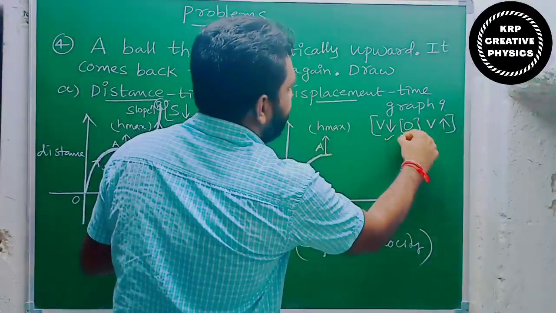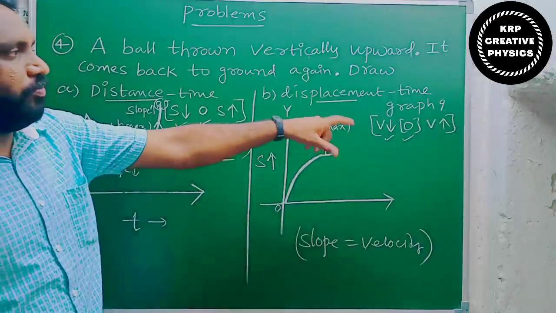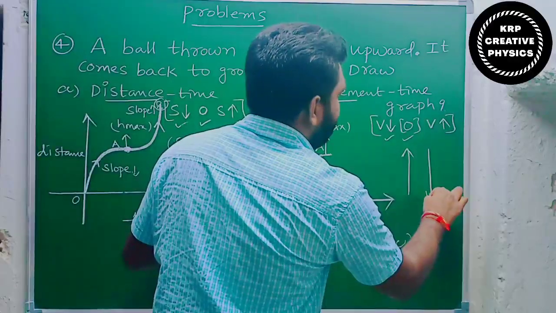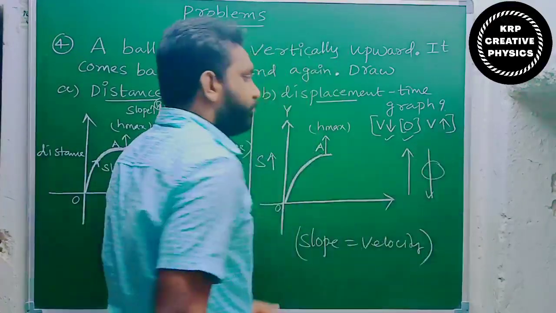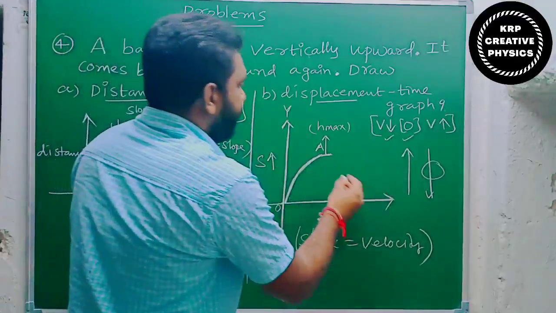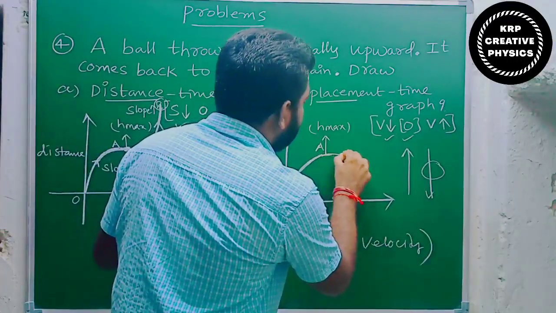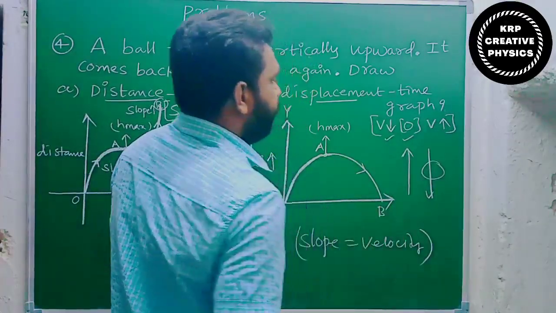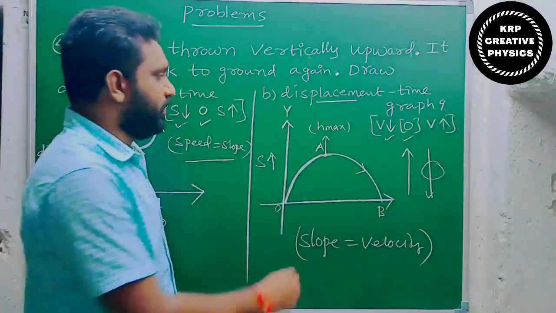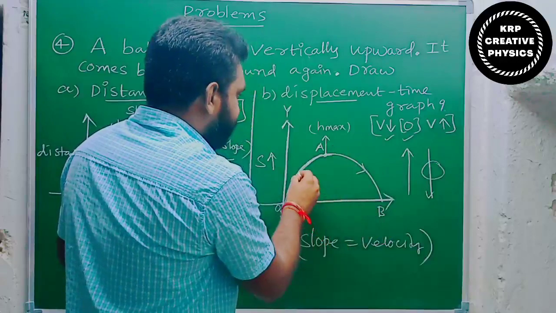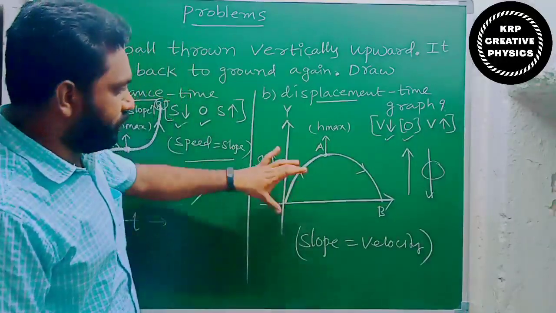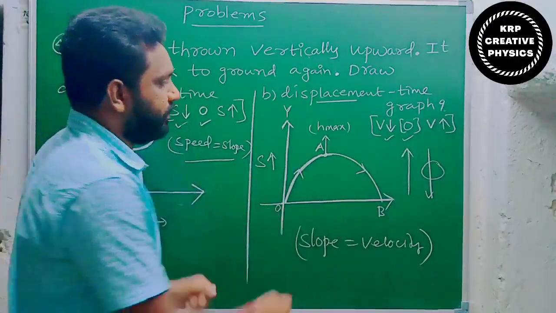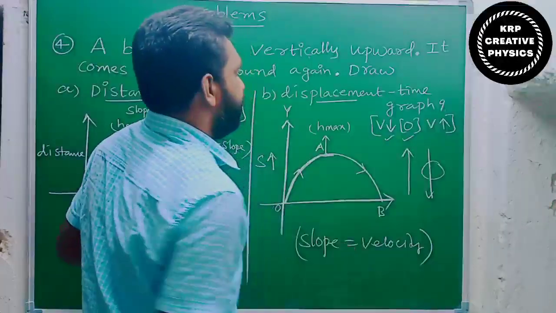Two parts completed. When it is moving downwards, velocity should be continuously increasing. But first it is moving upwards, afterwards it is moving downwards, so the direction is opposite. So we need to change the direction of the slope also. This is from A to B. When the object is moving downwards, the direction of the motion is changing, so the direction of the slope is also going to reverse with respect to the original position. This is when it is moving upwards, this is when it is moving downwards, and it is at maximum height.